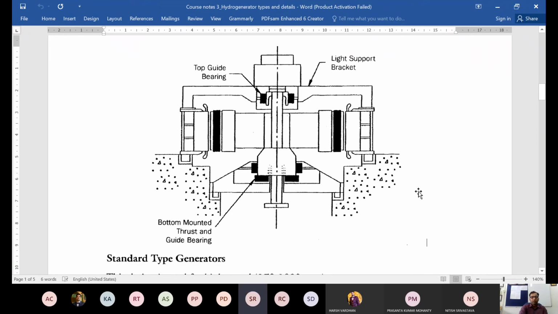Okay, sir, I have a doubt. Who is that? Souvik? Yes. Sir, the bracket is for holding the shaft of the generator, right? And bearing is to reduce the friction. Is it so? We'll come to the bearing in more detail. Friction is also there, but the thrust bearing especially has a function to keep this thing in place. So keeping the shaft in place and not allowing it to have this type of disruption is one of the primary functions of this. We'll come to the bearing in detail later.